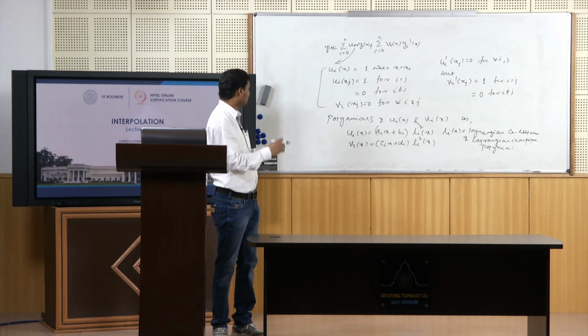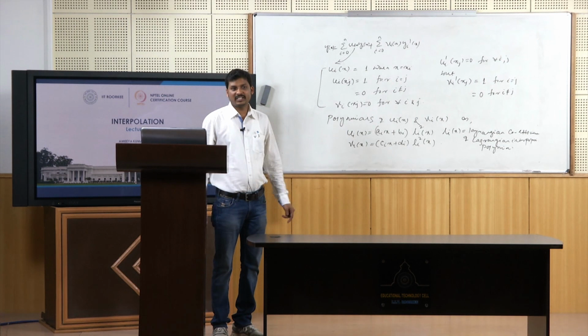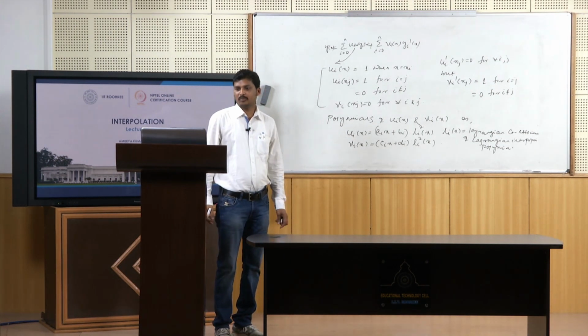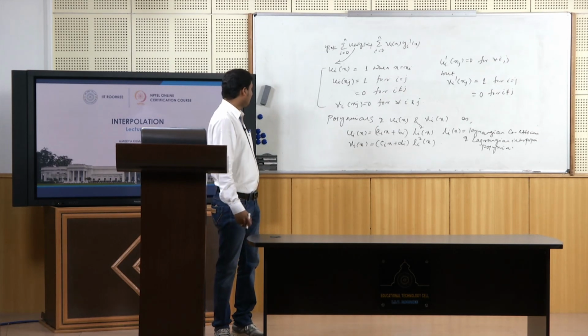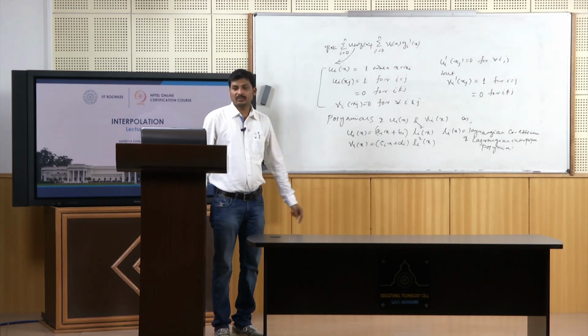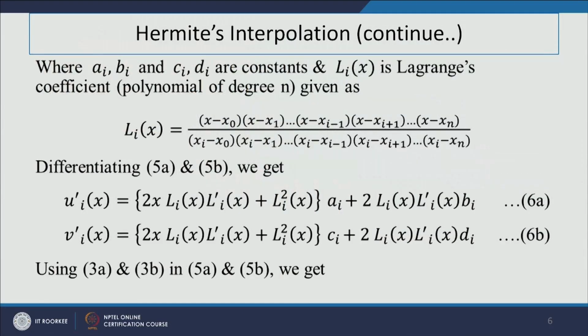So, if we define this Lagrangian interpolating polynomial, where l_i(x) represents the coefficients, using it we can determine these coefficients a_i, b_i, c_i, d_i from these polynomials u_i(x) and